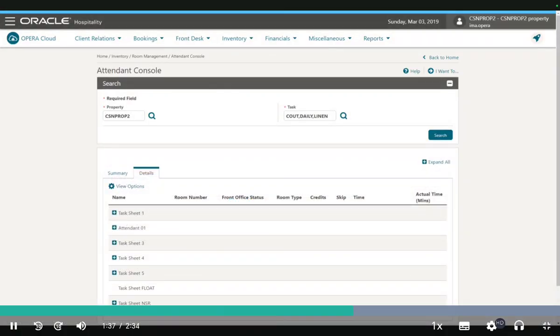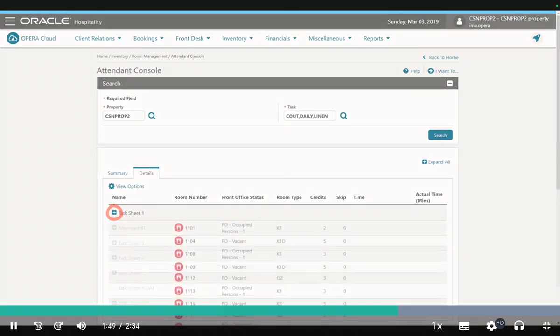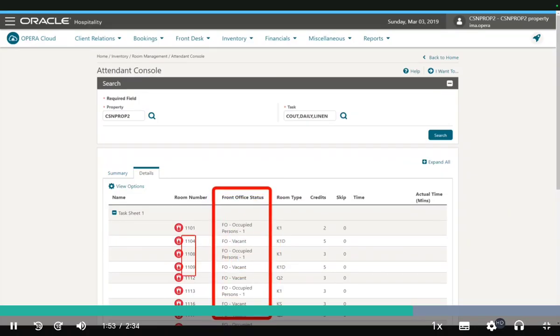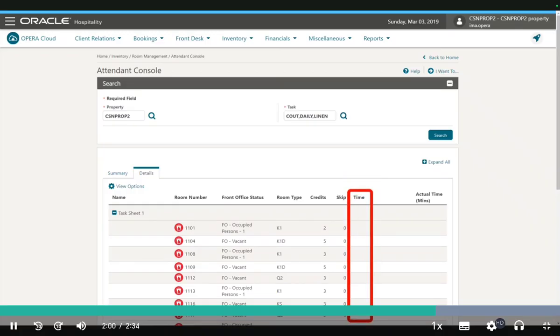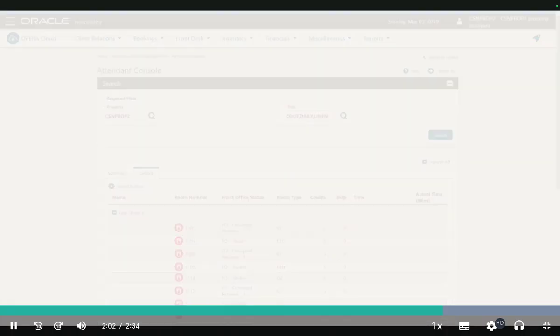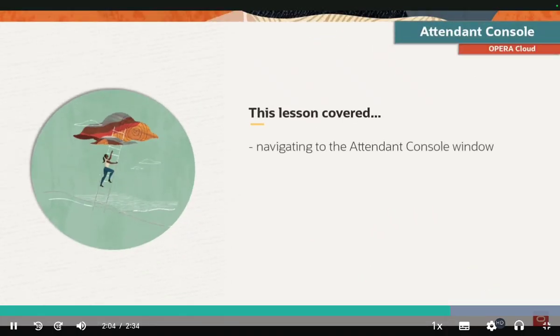From the Details tab, you may choose to expand the view of each line item. You are able to view more details for an individual task sheet or expand all to view details for each line item. Click the Expand button. Rooms on the task sheet are listed with the current front office and housekeeping statuses. When the Task Sheet Companion is used, the time spent cleaning the room is also recorded. This lesson covered navigating to the Attendant Console window and viewing